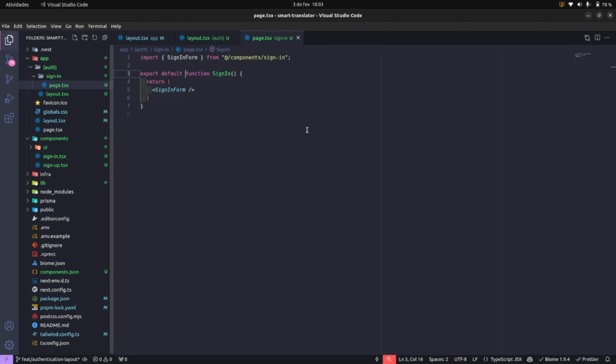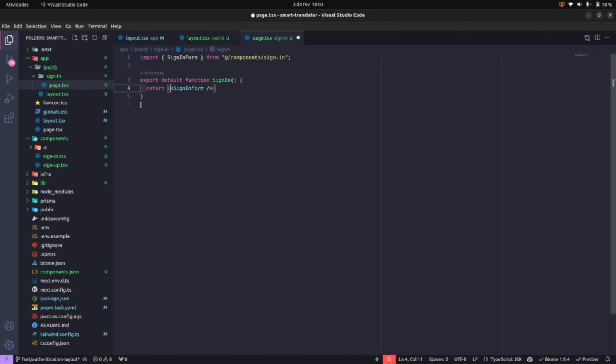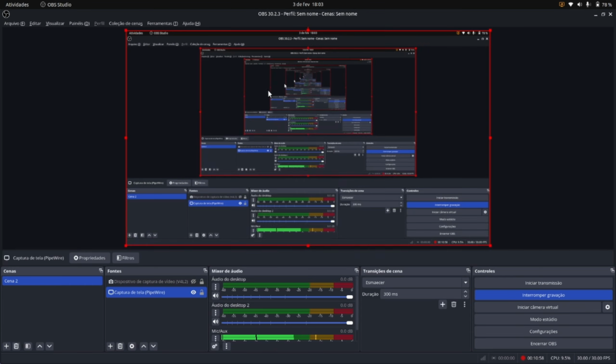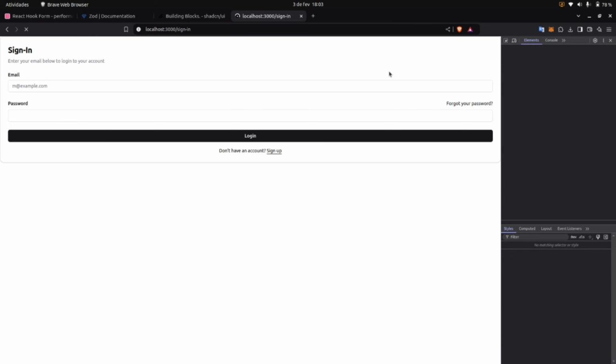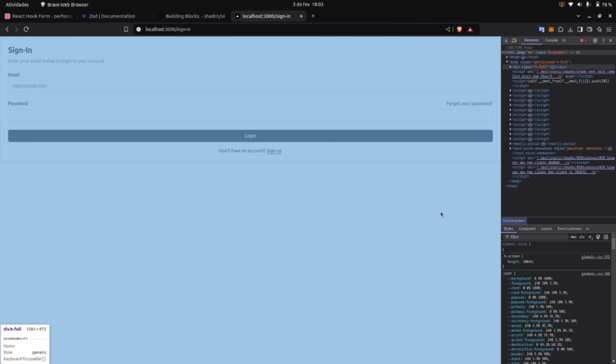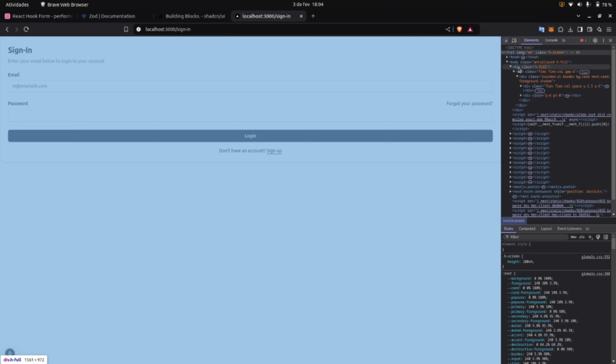So now we are just returning directly the sign in form here. Okay. And let's see. Okay, so now the div around this is covering the entire page, but